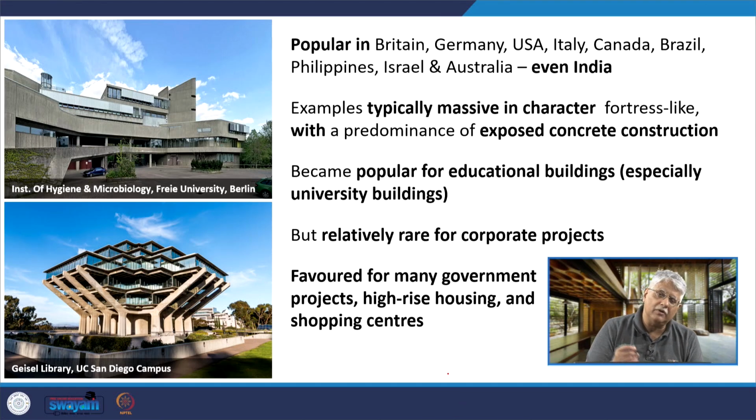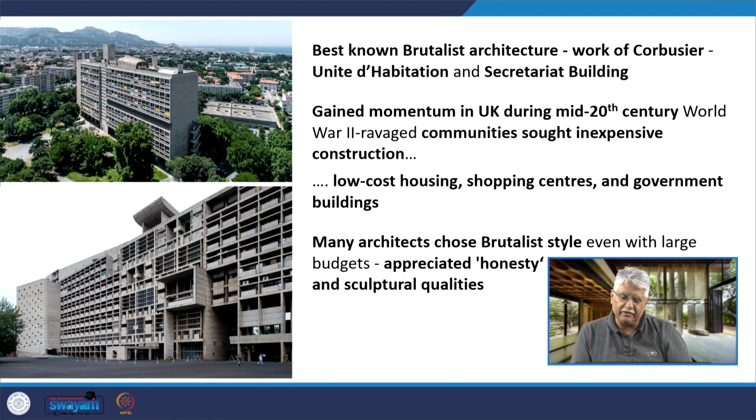So if you talk about institutional academic buildings, this is the Institute of Hygiene and Microbiology in Berlin, and this is the Geisel Library on the UC San Diego campus. The best known brutalist architecture of course is the work of Le Corbusier with Unity Habitation and the Secretariat building as seen here. It gained momentum in the UK in the mid 20th century after World War II